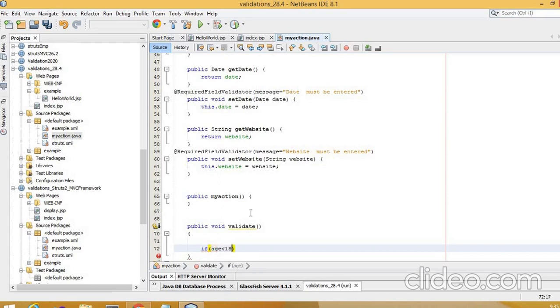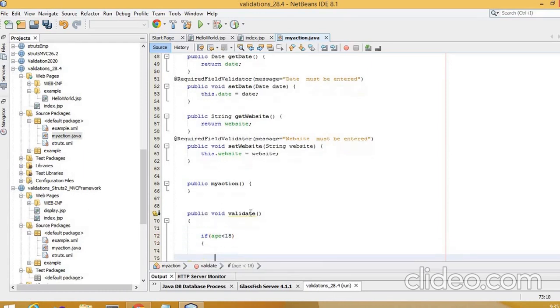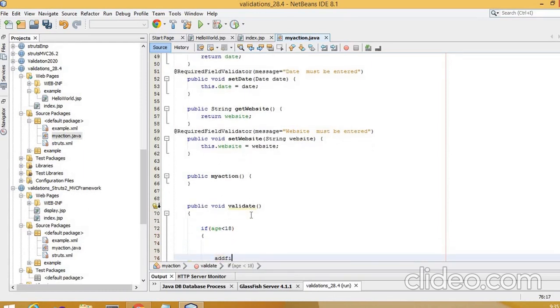If age is less than 18, then it should give me the error that add field error that age should be greater than 18.